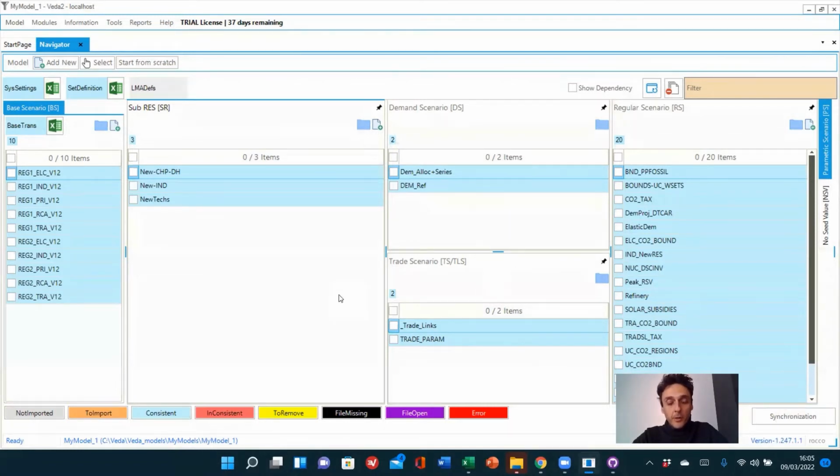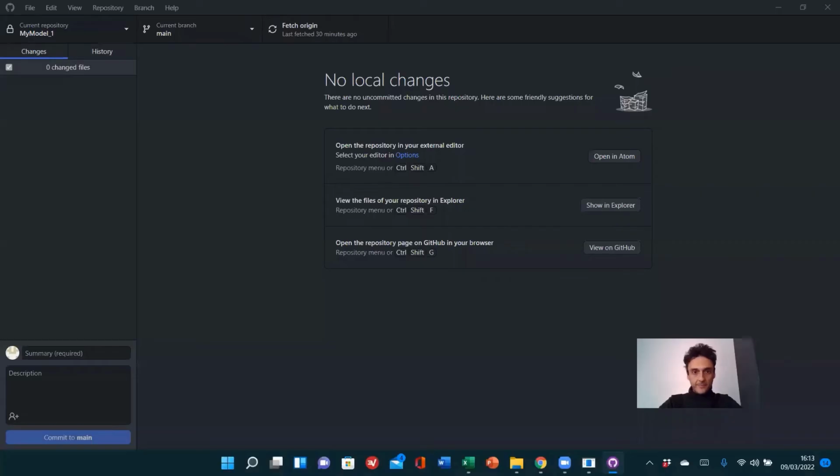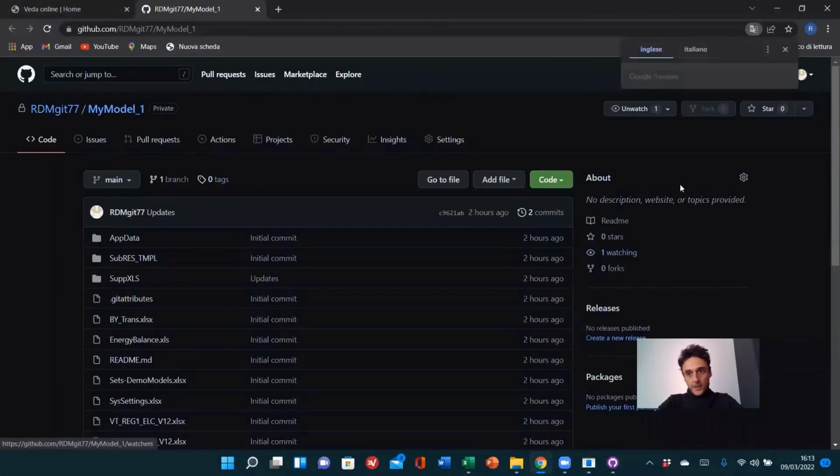I've already synchronized the model here, and at the end of the process, you will get something similar to this one. But to work with your private and public models via VEDA Online directly, you need to connect your repositories with VEDA Online, making use of PATs, personal access tokens. Let's see how to do that. To generate the personal access token and connect your repository, private and public, with VEDA Online, you have to follow some simple steps. Go to your GitHub here, and in particular,